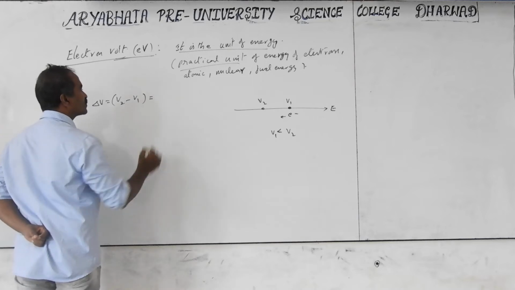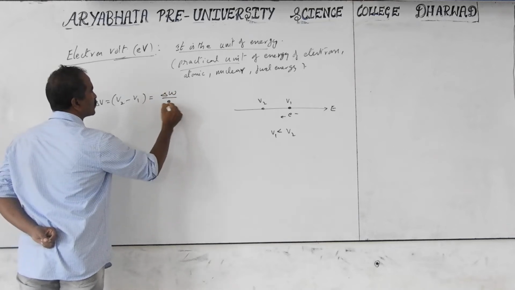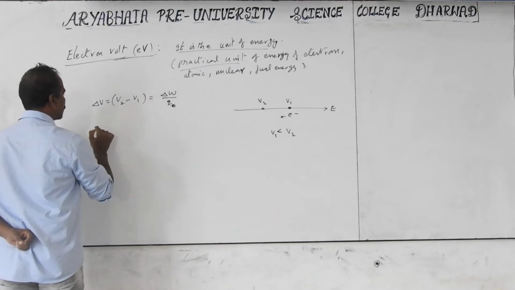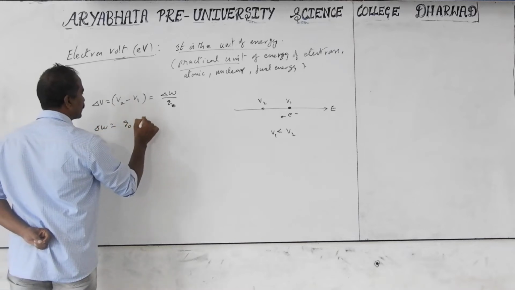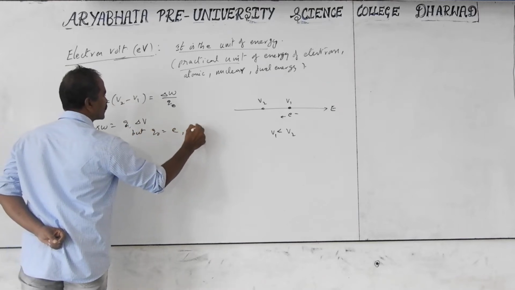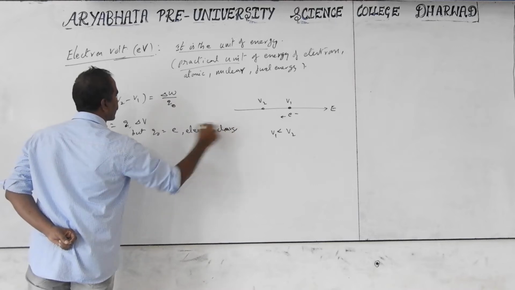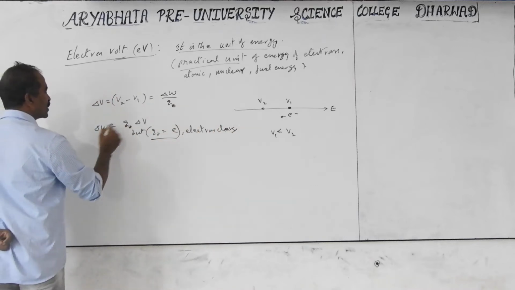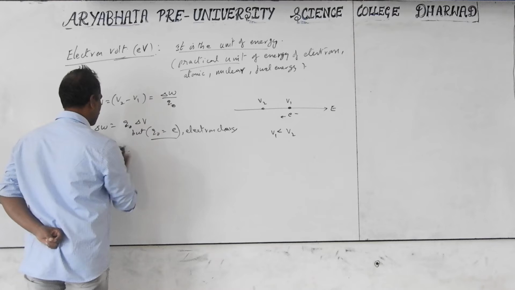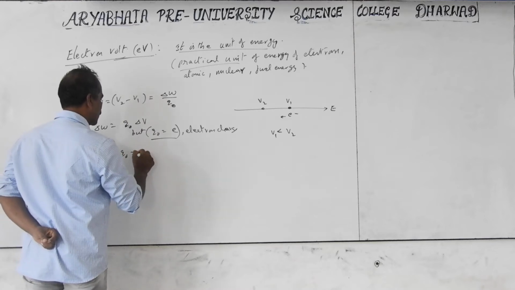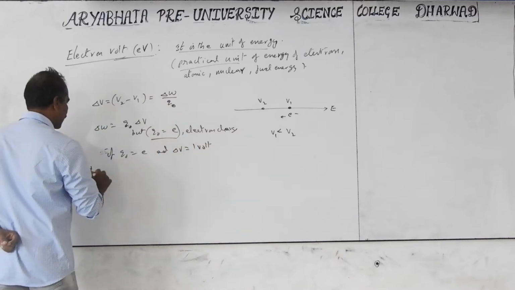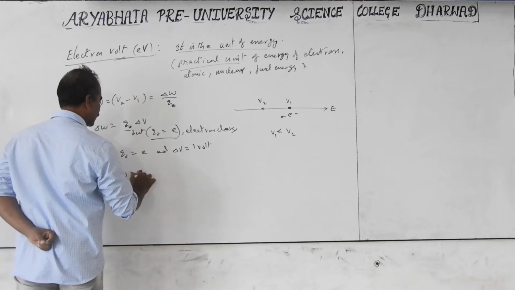And potential difference, from the definition, is work done to move the charge. The charge we are moving is the electron charge, Q0, which is now E. So work done is equal to Q0 into delta V, which is E into delta V. Now this delta V we take as 1 volt, so the work done becomes E into 1 volt.